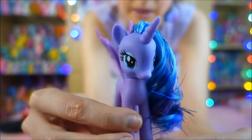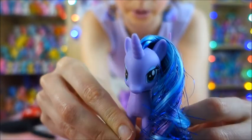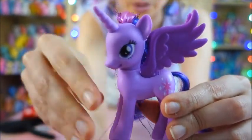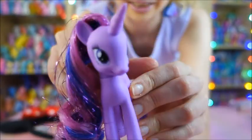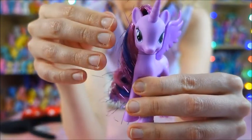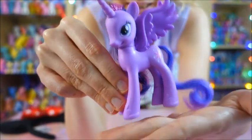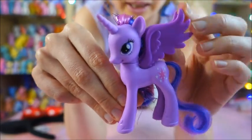Actually, from the series she would be blue, but they made her purple, which is actually the color that Twilight should come in, because the Twilight toys are always more pinkish, although she should be purple. She's from the next year, from the Crystal Princess Celebration or something like that. This is the time when Twilight Sparkle became a Princess and got her wings,